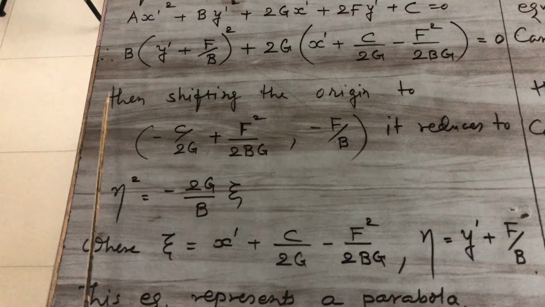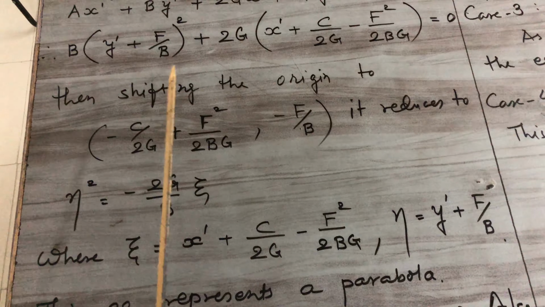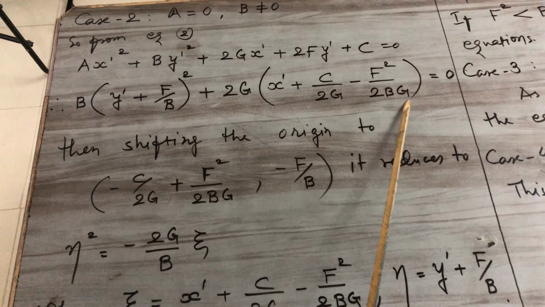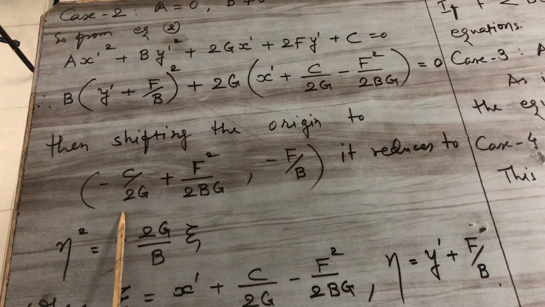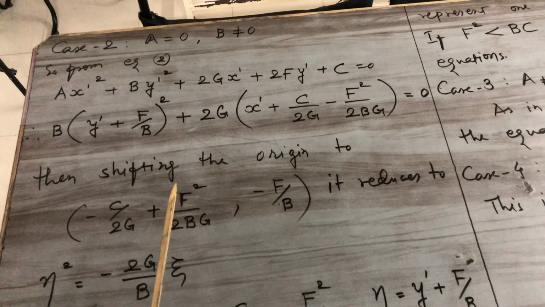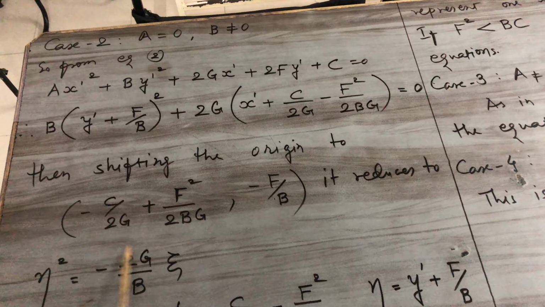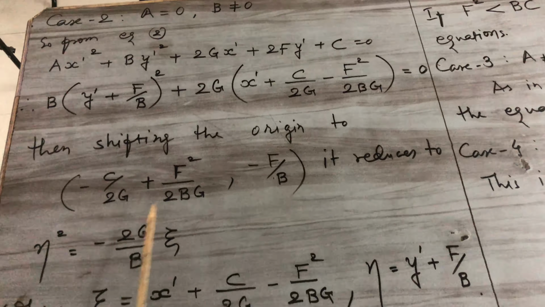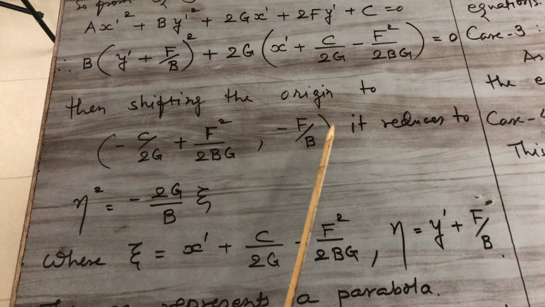Then shifting the origin to this point, the x coordinate is the opposite of this, −c/2g + f²/2bg, and the y coordinate is −f/b. Shifting the origin to this x coordinate and this y coordinate,